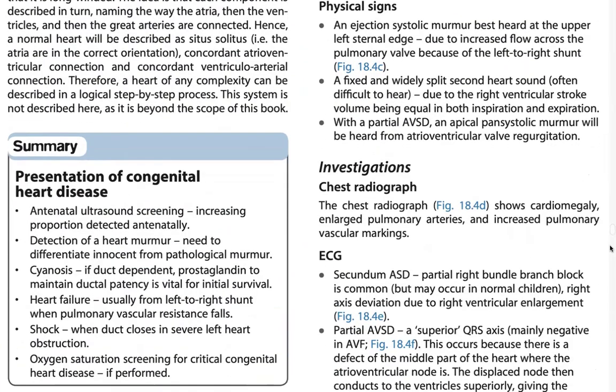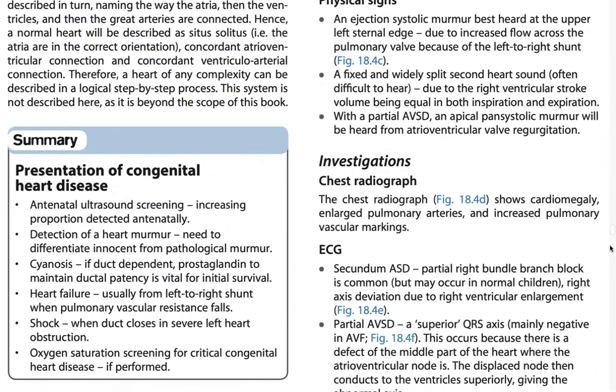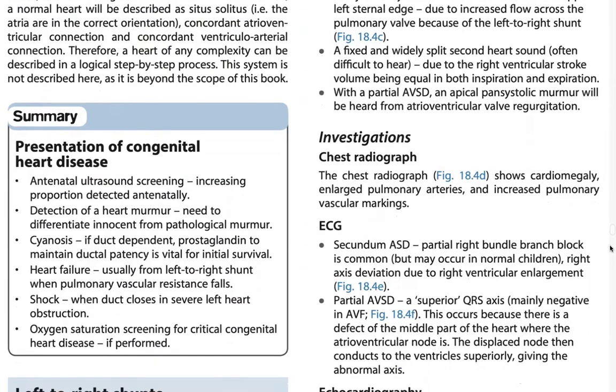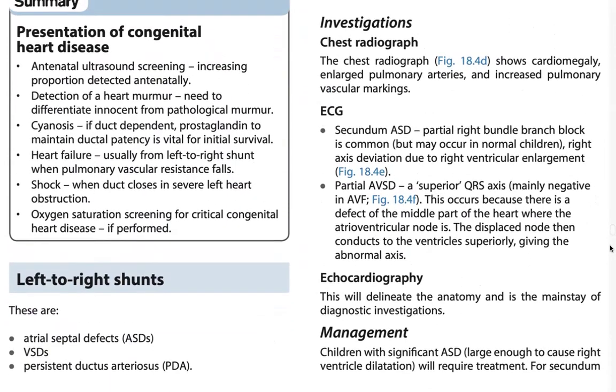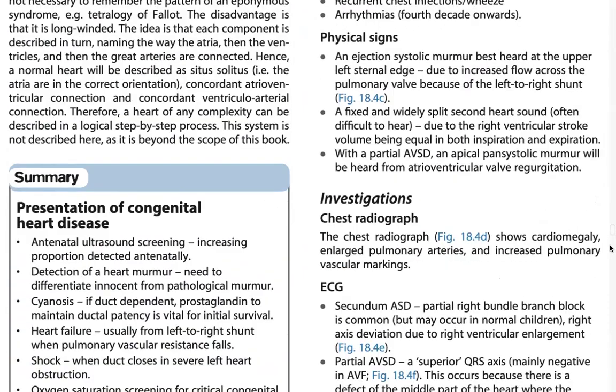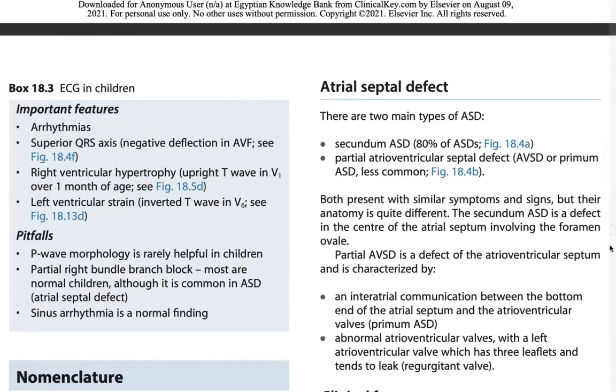So this is the hobbies is individual device screening, increasing precaution, detective function, mating, and detection partner need to differentiate the social aspects of newness, science impact of personal testimony, doctor densities, working condition survival, heart failure usually from left to right, shunt and years can shock when that poses in a severe left heart obstruction of resuscitation, extremely critical congenital heart disease. So from left to right shunt, these are ASTs and PDAs, and starting with AST, two main